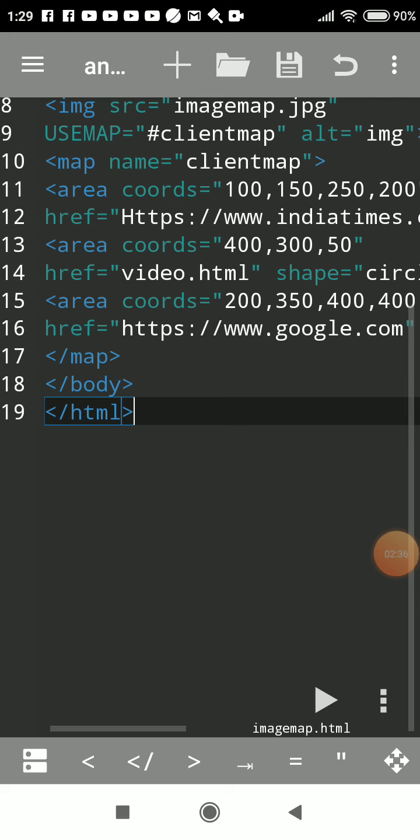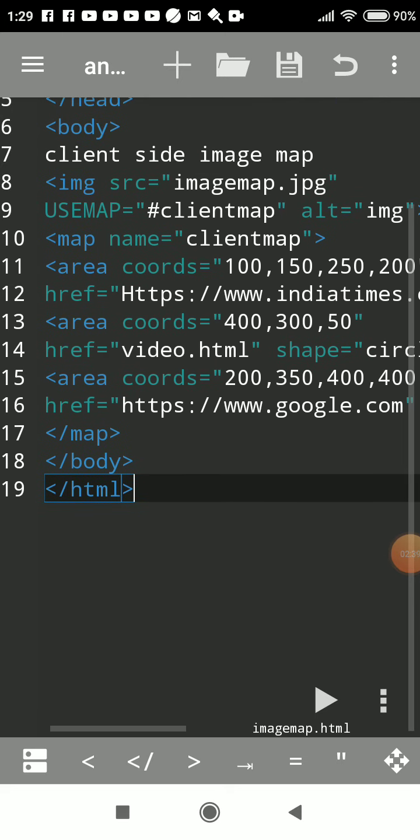So client side image mapping. An image map means it consists of a number of hyperlinks to web pages. We can create these hyperlinks by marking an area to connect to some link on the web page. Three shapes, as I showed you before. So how to note the coordinates? You have to open Paint.